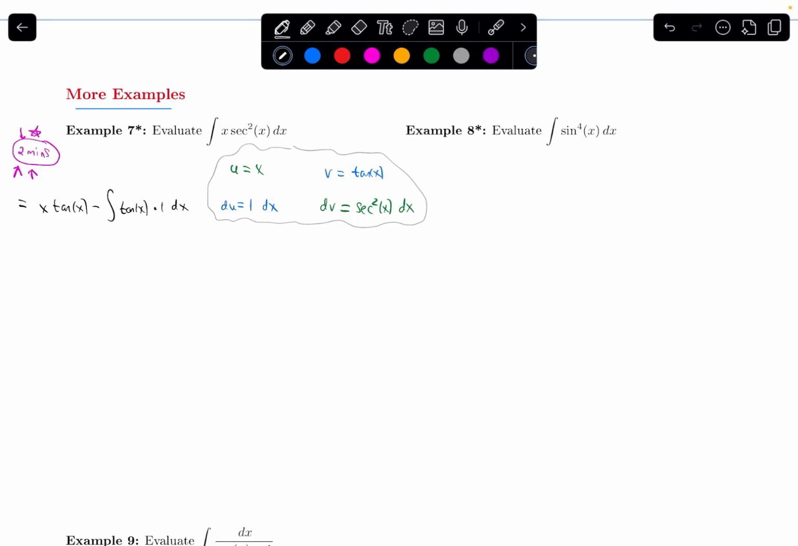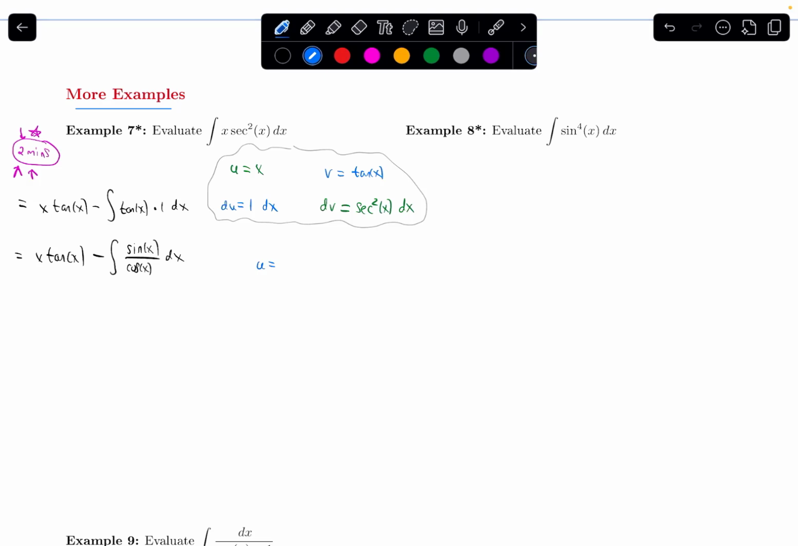So in front I have x times tangent x, and I need to now subtract away the antiderivative of tangent. The way we did this, kind of going back to our section on u sub, is rewrite tangent as sine over cosine. So sine over cosine. And now I can do a u sub to evaluate this. So doing my u sub,